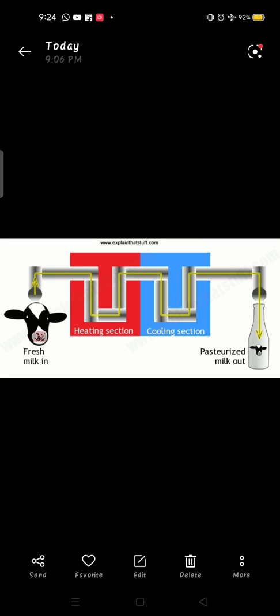Okay, heating section, see this picture. They are showing a small introduction of pasteurization. So what happens? Milk is heated at about 70 degrees Celsius for 15 to 30 seconds to kill the bacteria present in it, and cooled quickly to 10 degrees Celsius to prevent the remaining bacteria from growing. Okay, means temperature exchange, suddenly heating and suddenly cooling. The milk is then stored in sterilized bottle pouches in cold places.